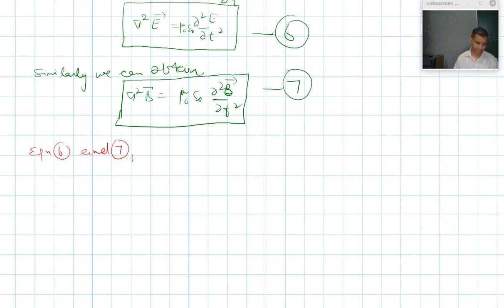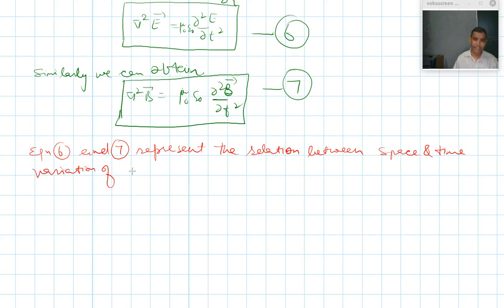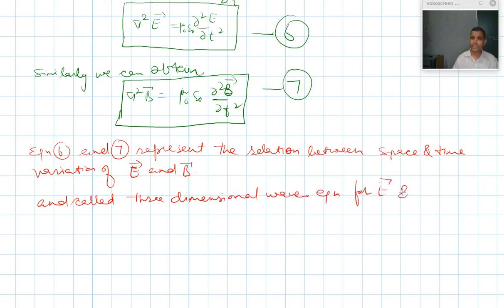6 and 7, they represent the relation between space and time variation of E and B, and are also called three-dimensional wave equations for E and B,